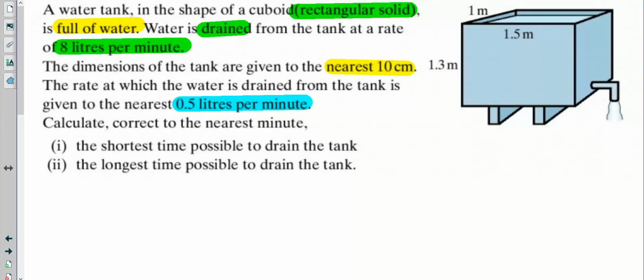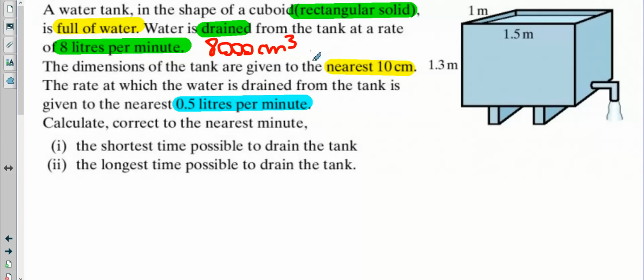A tank in the shape of a cuboid, which is a box, a rectangular solid, is full of water. The water is drained from the tank at a rate of 8 liters per minute. The dimensions of the tank are given to the nearest 10 centimeters. And because it's liters, that means 8,000